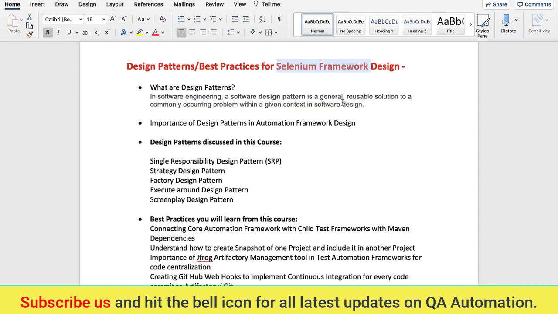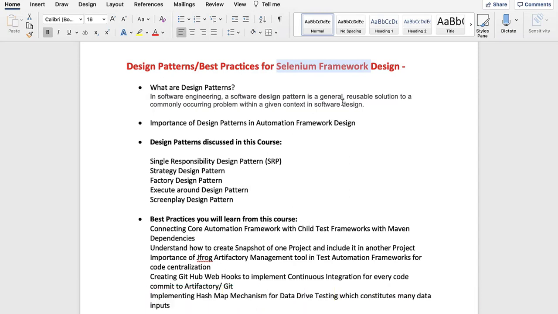But if you don't write that code in a proper way or in the design standards, then you will end up having a failure design no matter what framework you use, either TestNG, Cucumber, hybrid, data driven, keyword. There are a lot of framework types, but ultimately you should have a proper coding standard so that your framework would be more efficient and robust. So here is where design patterns come into the picture.